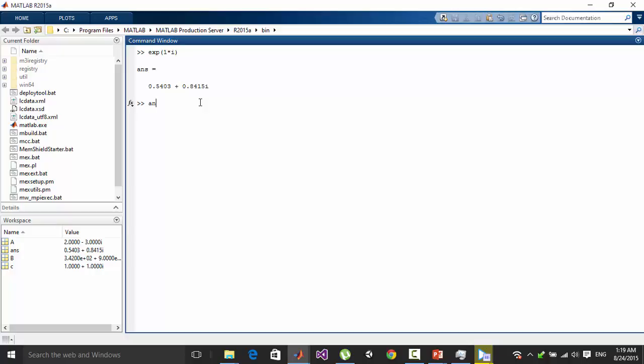So if I want the angle between them, the exponential of 1, or let it be 2 multiplied by i. So what would be the answer? The angle will always be this number before i. So I guess let us type something else. So why